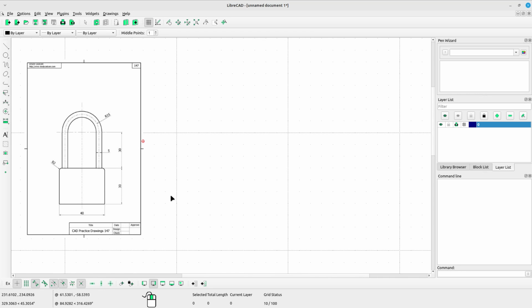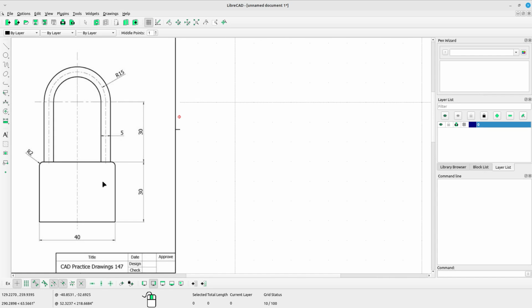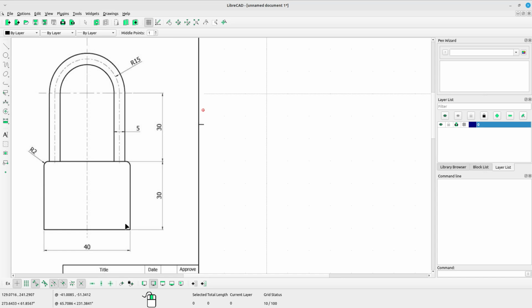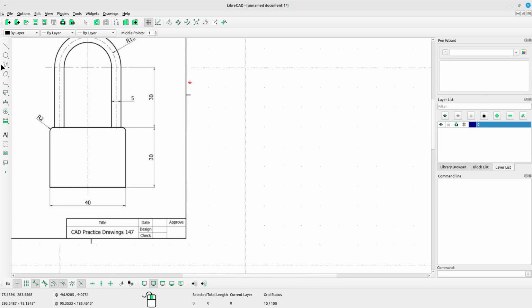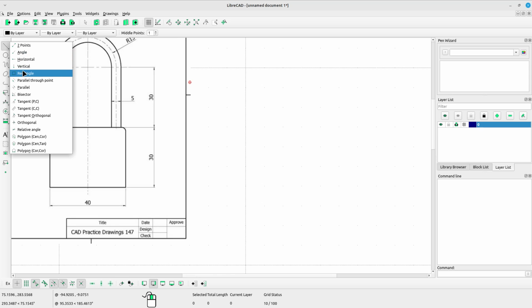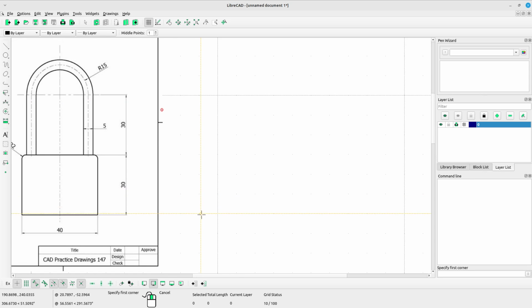Okay, next, I think we should start from a rectangle. The rectangle dimension is 40 for horizontal and 30 for vertical. Select the rectangle tool. Left click to put the rectangle onto our screen.